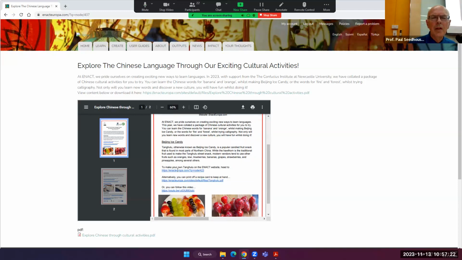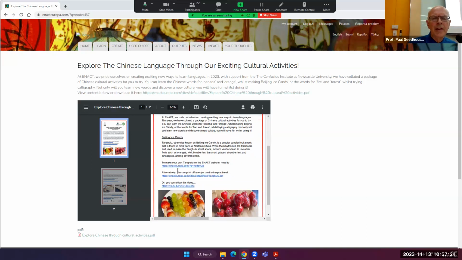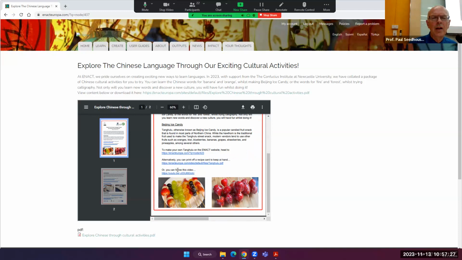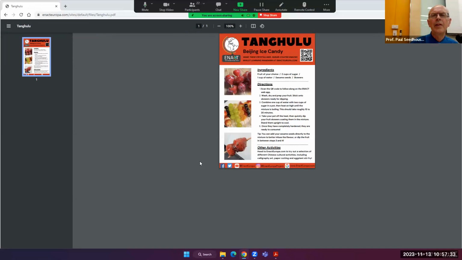Anyway, so what this is giving you is ideas, so you can print off a recipe card to keep in hand. That is better. Right. So this is a recipe card to show you how to do this activity. It gives directions for the activity, and we've got that Chinese calligraphy as well, I think.